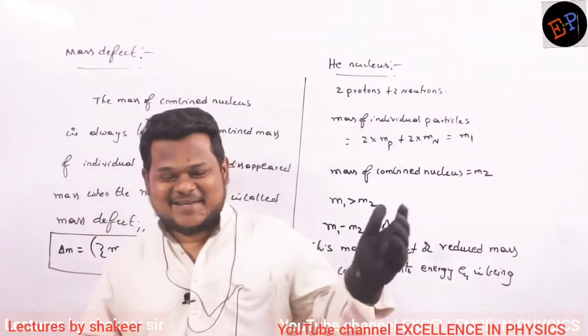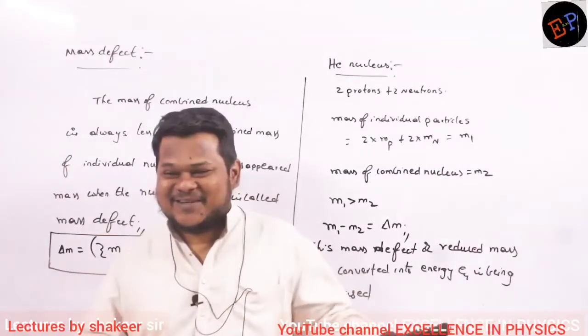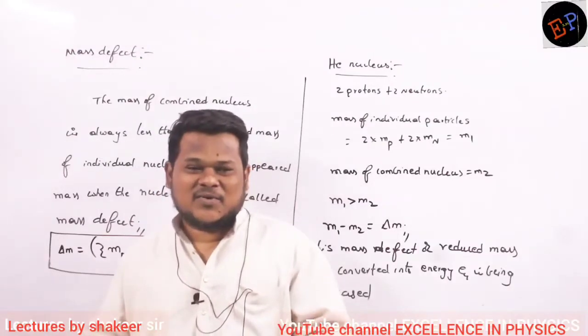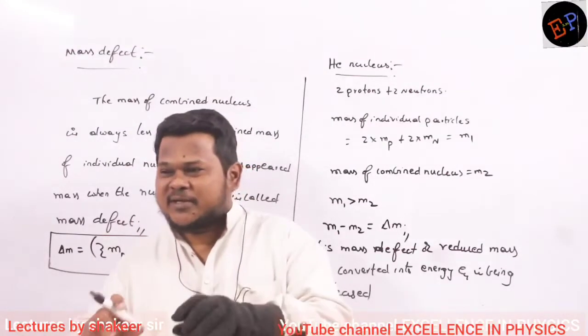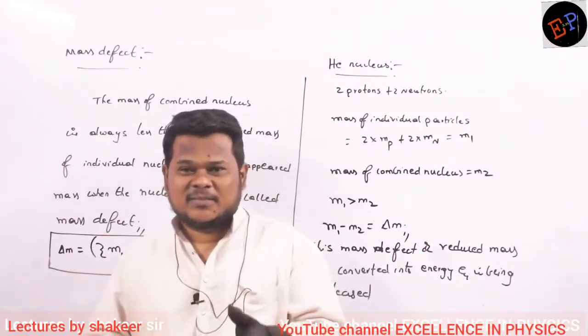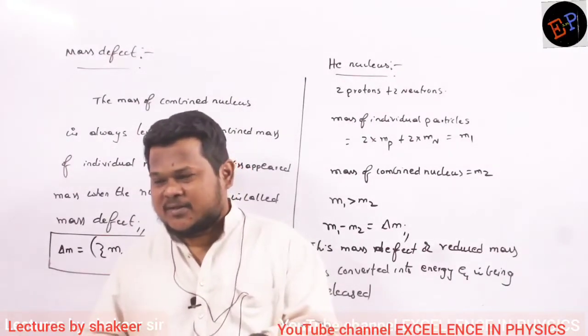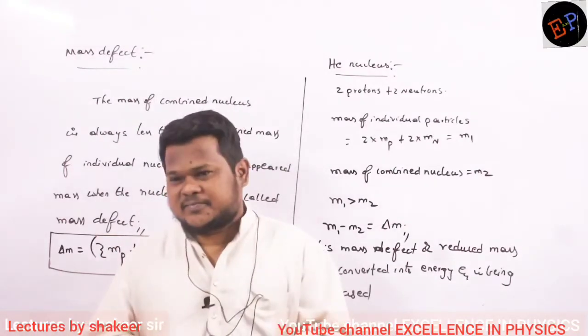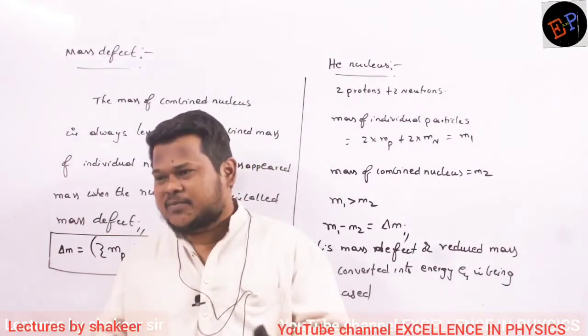Clear now? Same concept is happening with the case of these nucleons also. When they have more energy, they are unstable. So what they will do is they have to release some energy. And how they can release energy? Because Einstein said that mass and energy, they are interconvertible. So they will convert some mass into energy and they will release that energy. Once they release that energy, they will become stable.